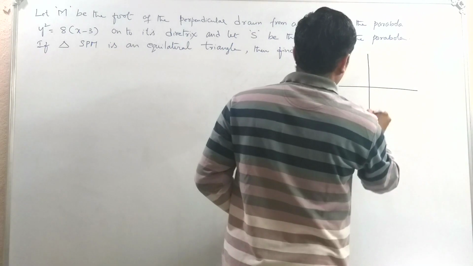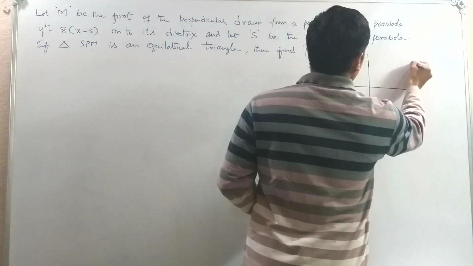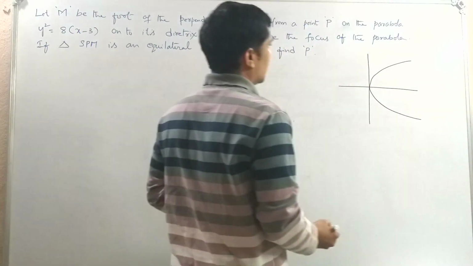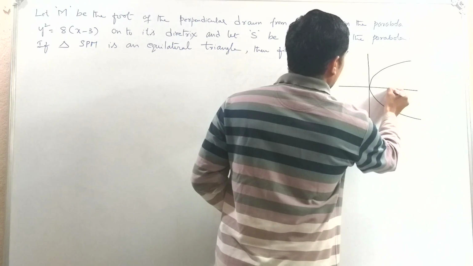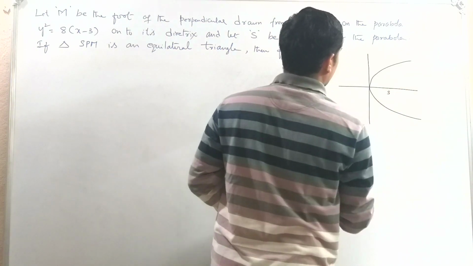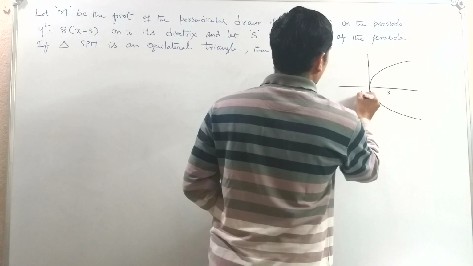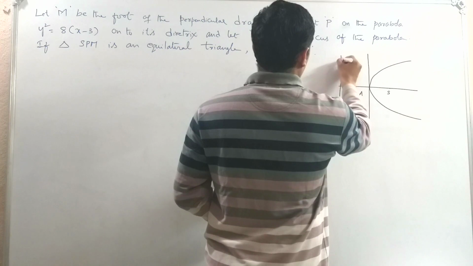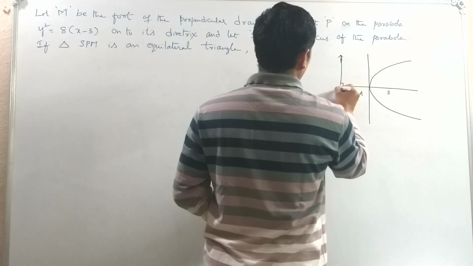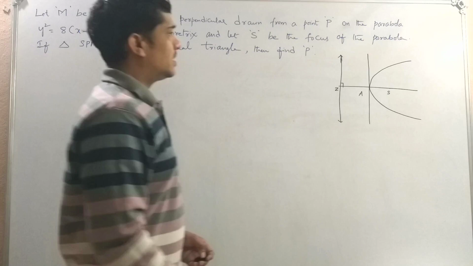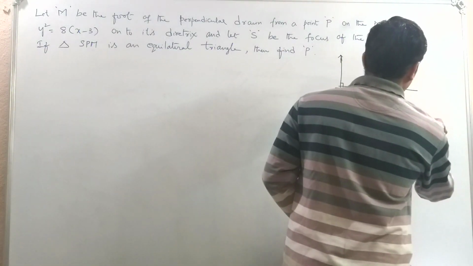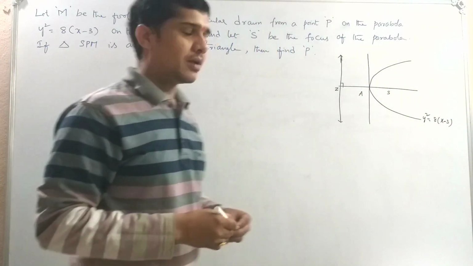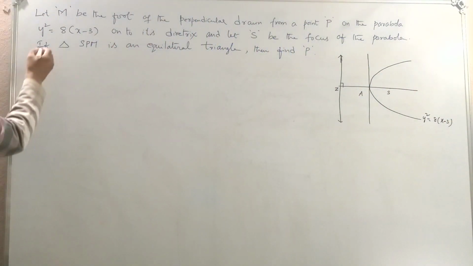Axis, and let me take it as a parabola. Okay, and it is S the focus, and it is vertex A, and it is the directrix of the parabola. Now y square is equal to 8 times x minus 3 is the equation of the parabola. Now, given